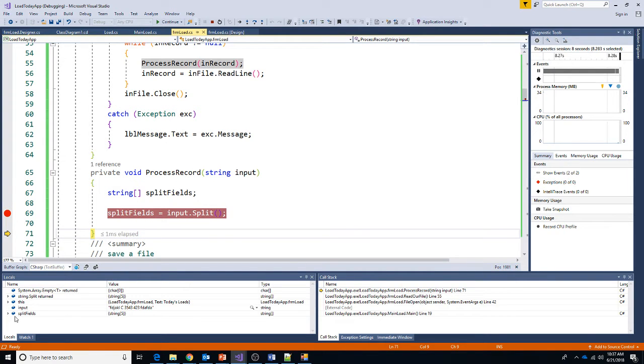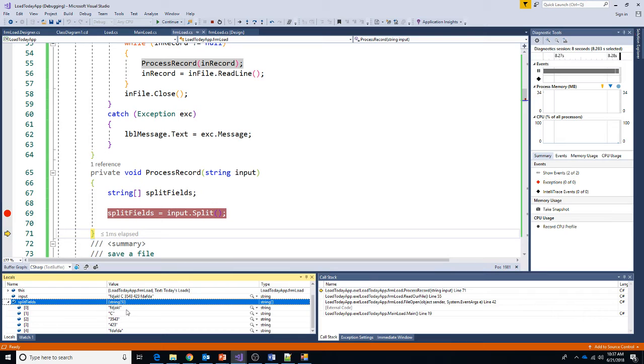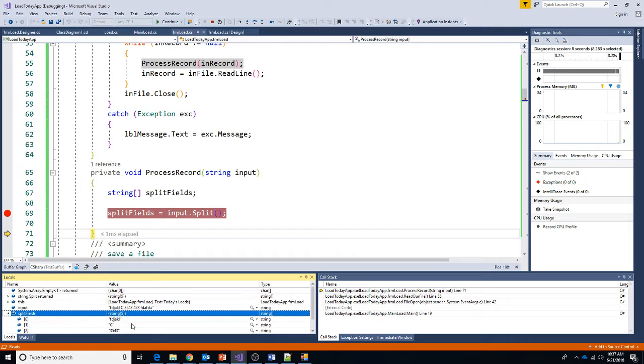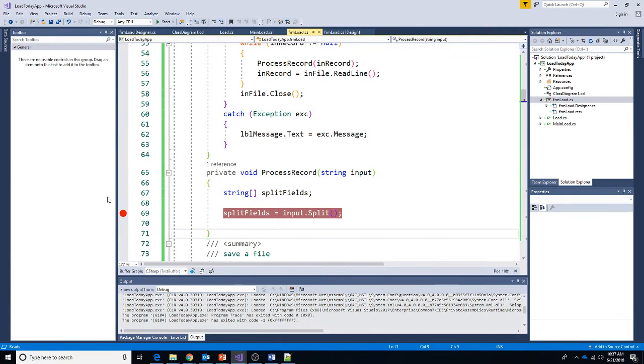Now our array has 5 entries. And voila, we have the first field, second field, third field, fourth field, fifth field. Awesome. So it's split just perfect. Let's stop. And I'm going to take that breakpoint off because that is working great. So in my